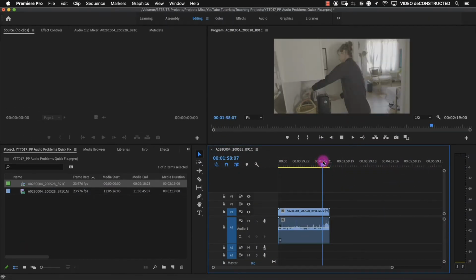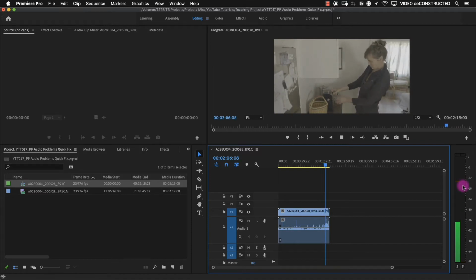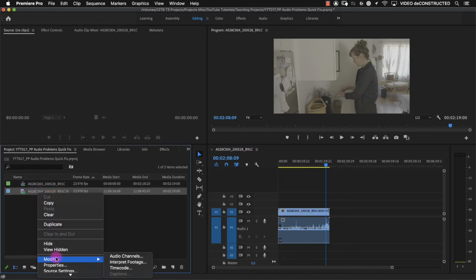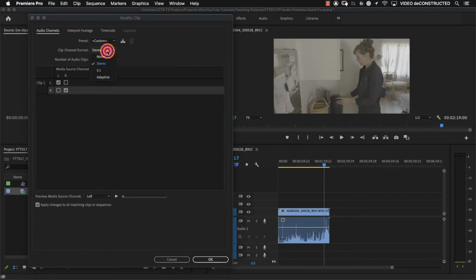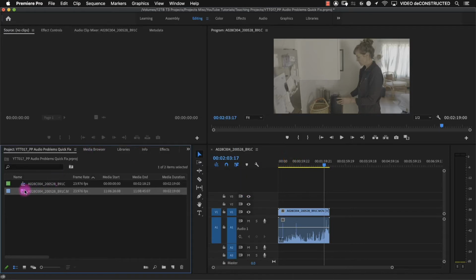When I play the audio, it's already coming out of only one speaker, and there is no audio at all coming out of the right channel. So in that case, I do the same thing, right click on the clip, modify audio channels. All we need is the left. I can switch this over to mono, choose the left channel, hit OK. Now when I drag it out,